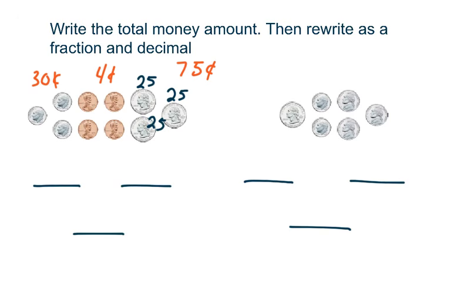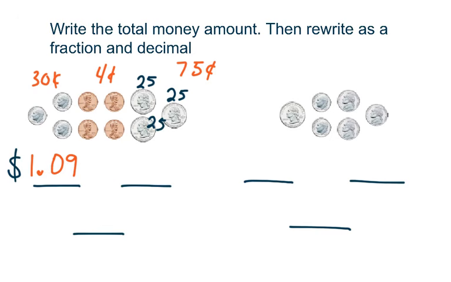So what might be helpful is if we add up the bigger amounts first. So 30 plus 75, that gives me 105 cents, and then I add 4 more, so I have 109 cents. So what I'm going to do is write that first as a money amount. So I'm going to have my money sign, and then I'm going to write this as $1 because there's 100 cents in a dollar, and I said this was 109 cents. So 109 is